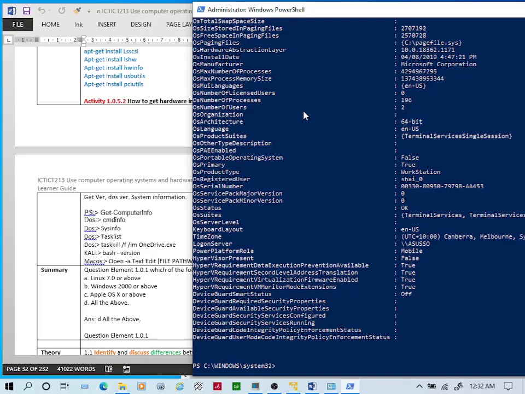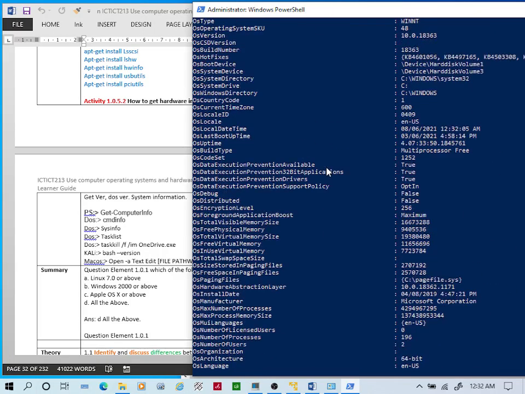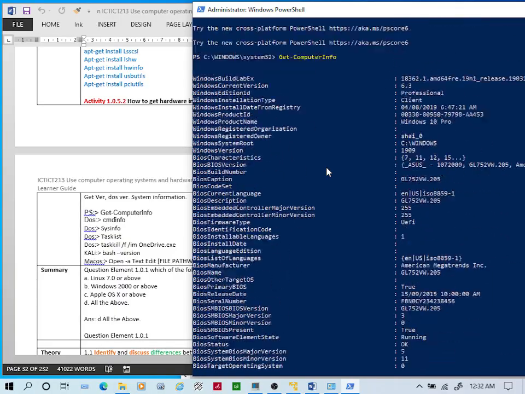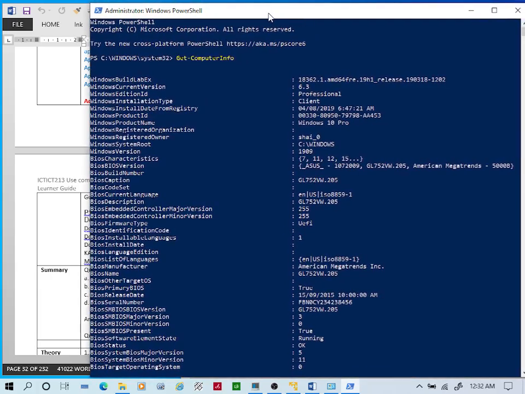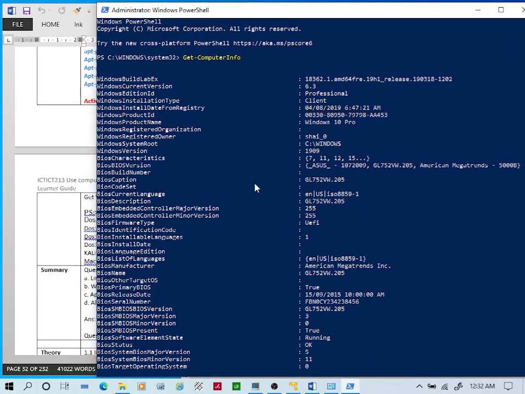Oh my god, it's a long list of hardware information in PowerShell. User, owner, the Windows name, Windows 10 Pro, C drive Windows, the model number of the computer, the brand, ASUS,